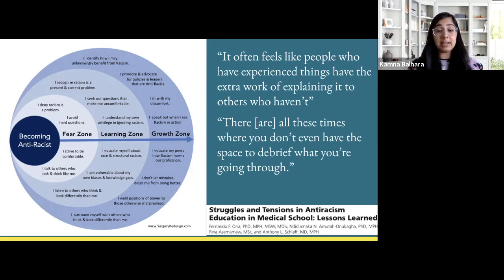This is a fantastic graphic that captures how people progress from being uncomfortable or fearing discussions around anti-racism, then progress to a zone of learning and being comfortable with discomfort, and subsequently growing around the topic of anti-racism. Our learners can fall anywhere along this spectrum, so it's important to note a one-size-fits-all approach is just not going to do the work. Studies of anti-racism curricula amongst medical students have also shown that students of color and white students have very differential needs and experiences.